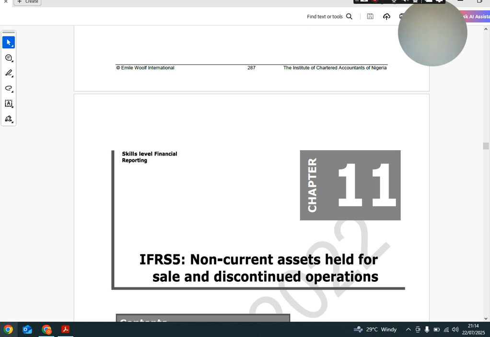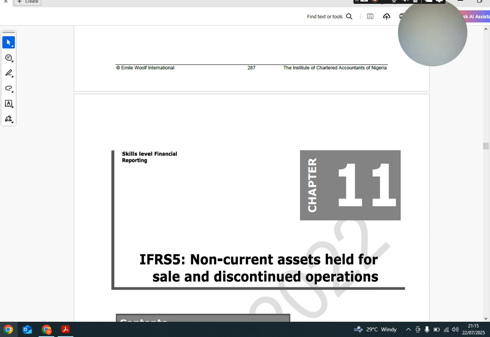Assets that they have been using, but they want to sell off. But before the sale, before the disposal, this standard, IFRS 5, accounts for how this asset should be measured and how it should be presented, right? So it prescribes the measurement principle, the presentation, and the recognition principle for all non-current assets held for sale,